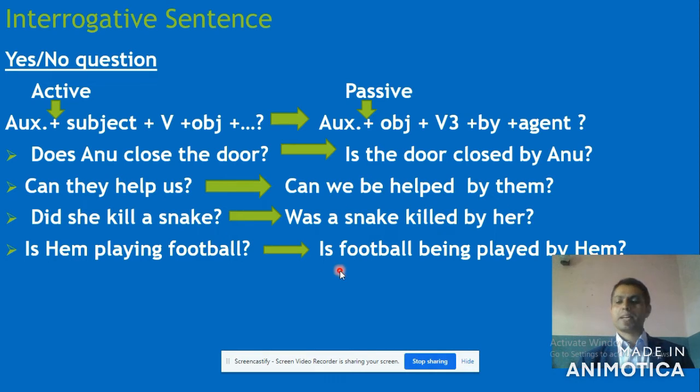So my dear student, you have to identify the category, I mean, in which category out of these four these sentences fall. And accordingly we have to apply the rules while changing from active to passive and vice versa. You can compare each and every sentence with the structure given here under active and passive. My dear student, please write them down in your English copy, then practice a lot.